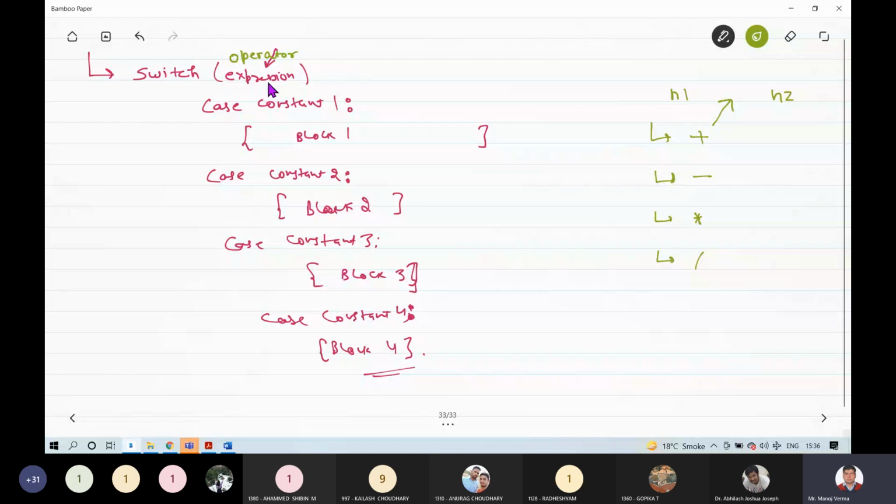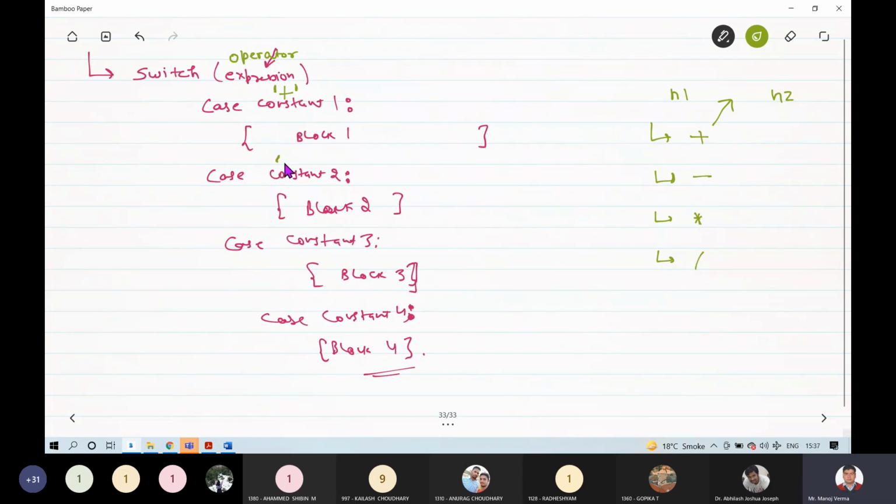So instead of this expression, I will use a switch operator. Case 1: constant 1 means case 1, which is, let's say, plus. Because this plus is a character, I have to write it in single quotation marks.